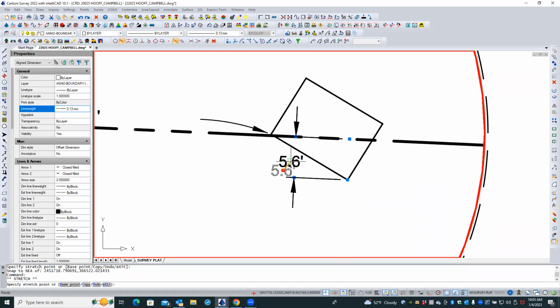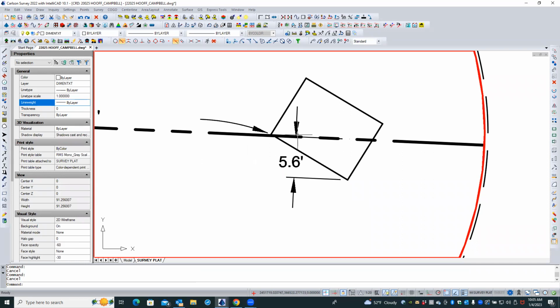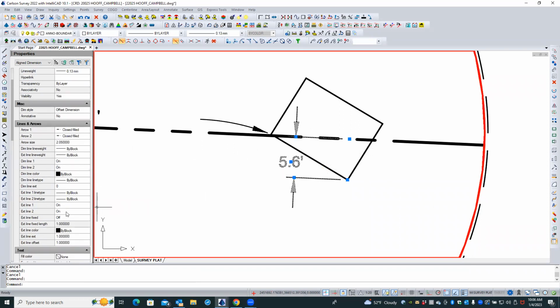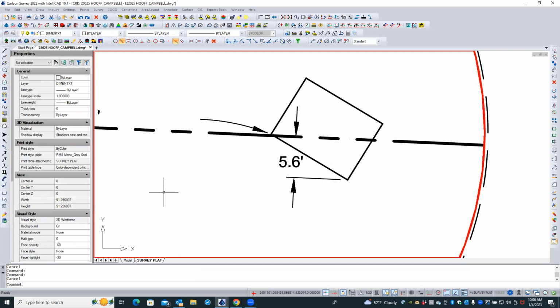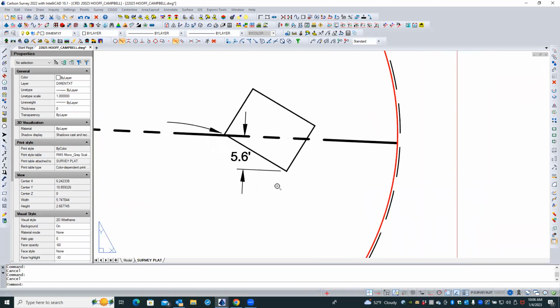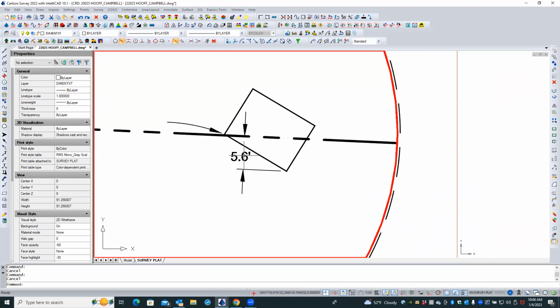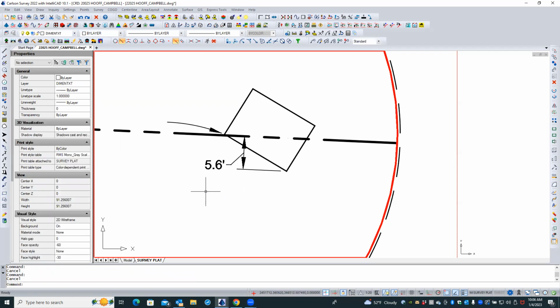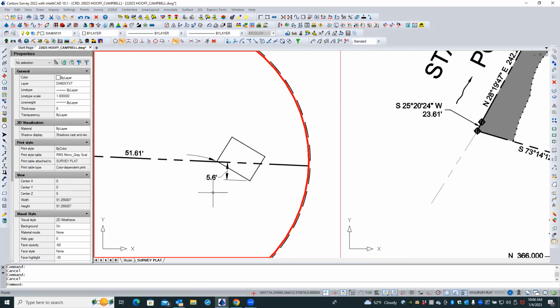Now let's try this. I think I like it better like that. There we go. Now everything is